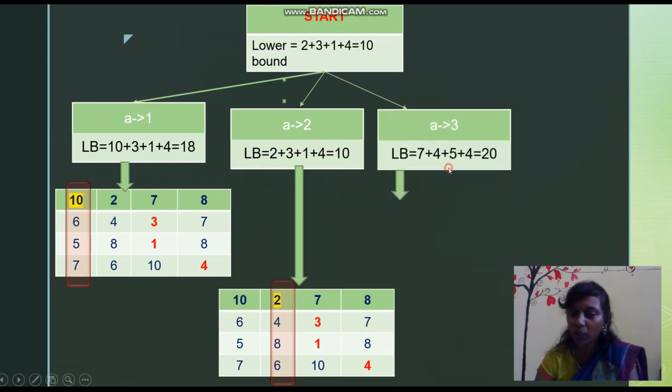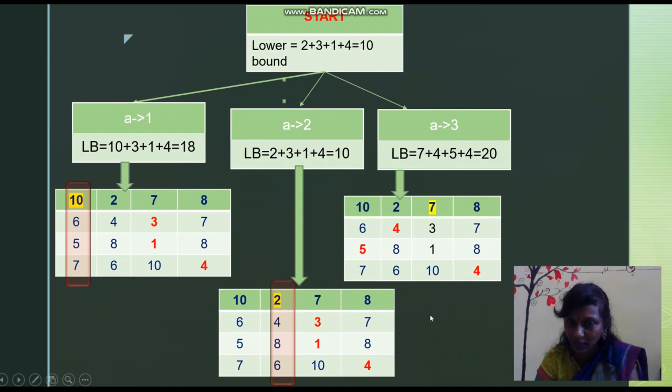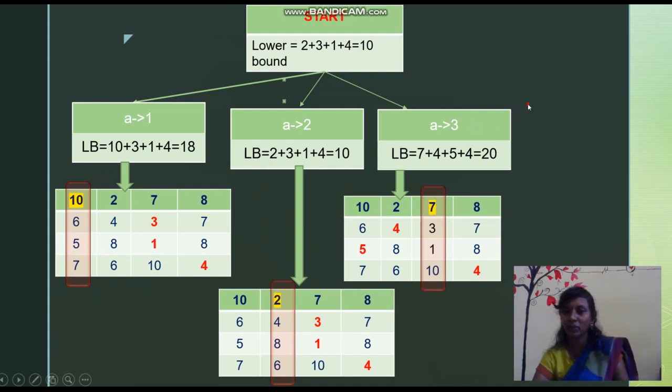Yes. So next, for person A, the third job. So the lower bound calculation for person A, this is the third job column. So for person A, job 3 is 7. So 7. For B, C and D, you can take values from job 1, 2, 1, 4. For 1, 2, 1, 4, the minimum is 4, so it is 4. For 5, 8 and 8, which one is minimum? 5, so it is 5. For 7, 6 and 4, only this option is there, and the minimum value is 4. So it is taken.